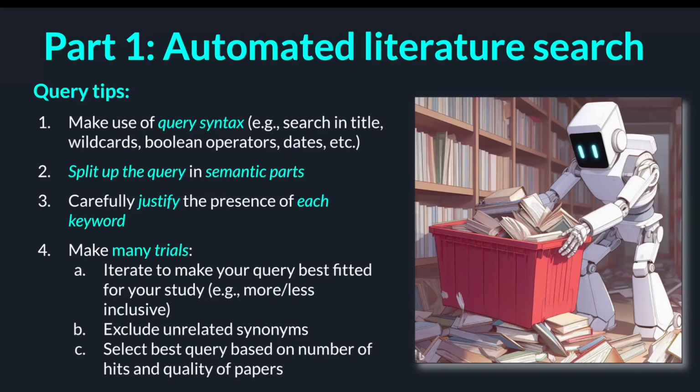Then split up the query in semantic parts. So maybe you want to look at concurrency in high performance computing. Then the two semantic parts might be concurrency and high performance computing. And then maybe it's not concurrency, but it's multi-threaded. So use some synonyms to get as much literature as possible regarding that topic, right? By splitting up in semantic parts, it's easier to find synonyms and then use the and, or to compose it and see what the query is doing.